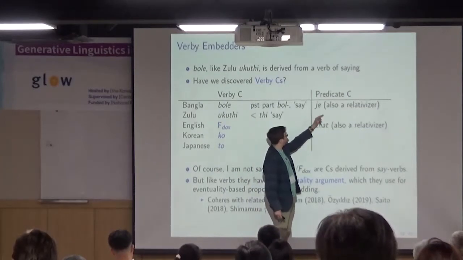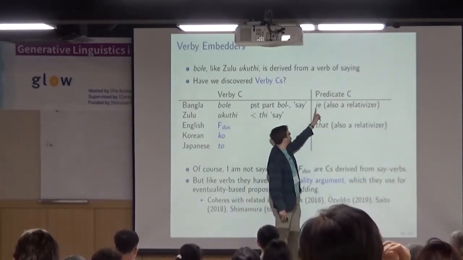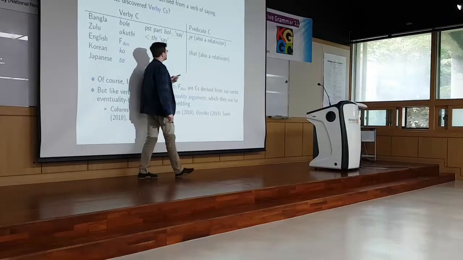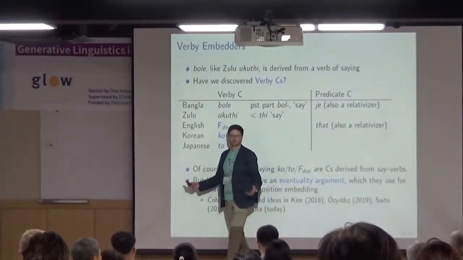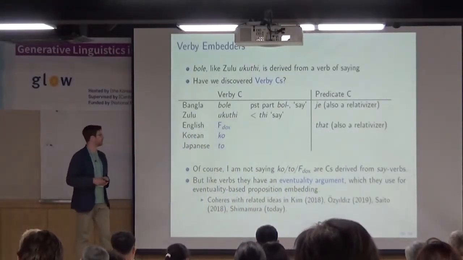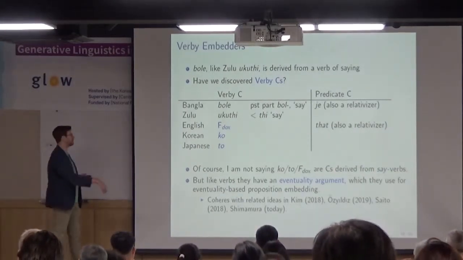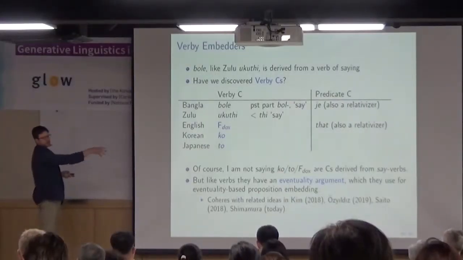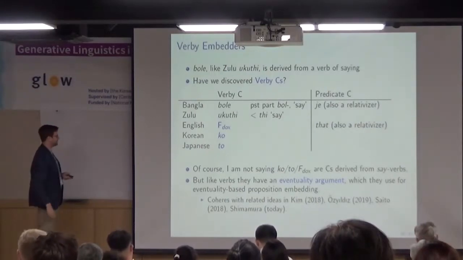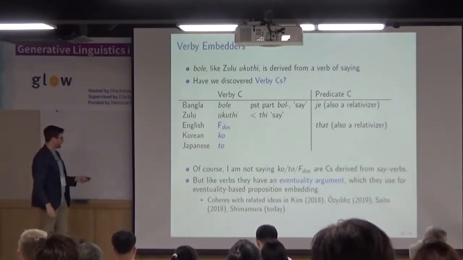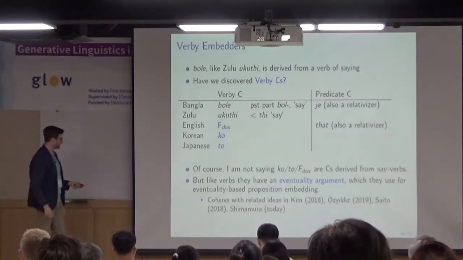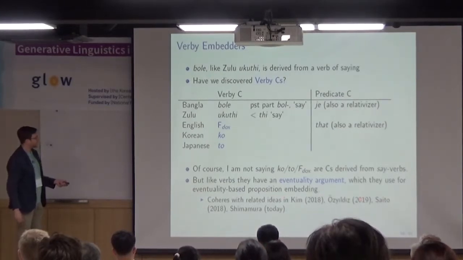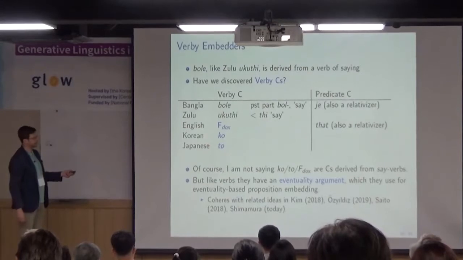Whereas we've got these other things that are, in a way, sort of outliers. These J clauses in Bangla, notice that also is related to the relativizer. The that clauses in English, the dass clauses in German, also that is related to the relativizer. So those I'll call the predicate ECPs. Whereas the other guys that show the cluster of behaviors I'm interested in are the more verby Cs. And I think there are ideas like this floating around quite a bit now, that there are embedders that are tied to the eventuality. Okay,